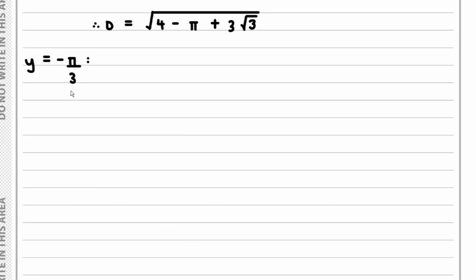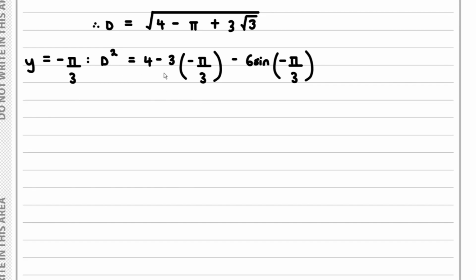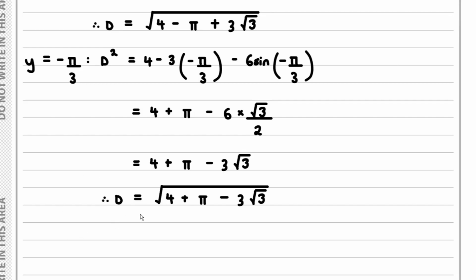root 3. Now when y equals negative pi over 3, we have d squared, which is equal to 4 subtract 3 times by negative pi over 3, subtract 6 sine of negative pi over 3. So we have 4 plus pi subtract 6 times by root 3 over 2. So we end up with 4 plus pi subtract 3 root 3. And if we square root, you will find d to equal the square root of 4 plus pi subtract 3